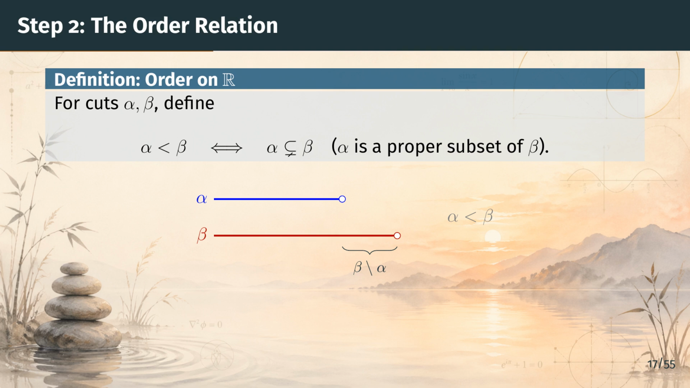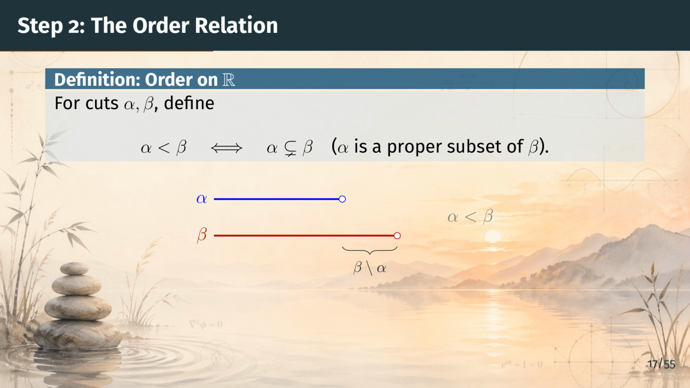Here is the elegant economy of the construction. We do not have to define an order on the reals because set inclusion already gives us one for free. A smaller real number reaches less far to the right on the number line, so its cut contains fewer rationals. Order is not an extra structure we add. It is already encoded in the subset relation. This is a recurring theme in mathematics. The best definitions make the hard work disappear, but we still owe a proof that inclusion actually satisfies the ordered